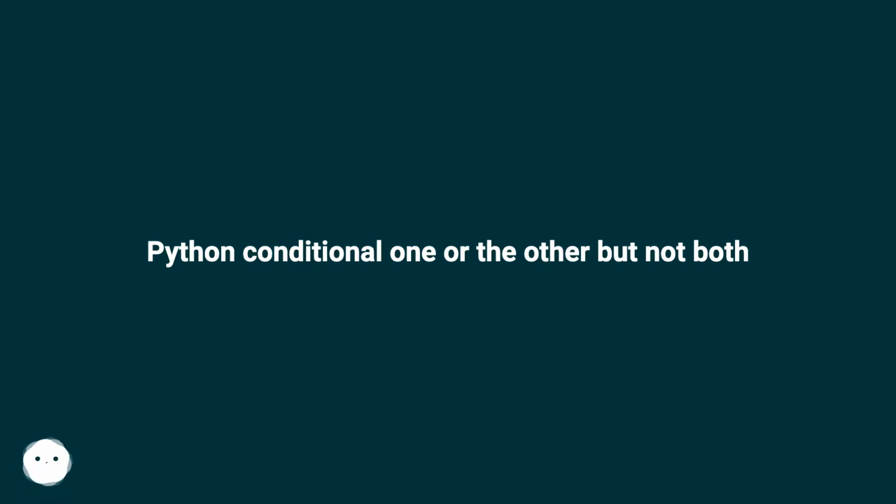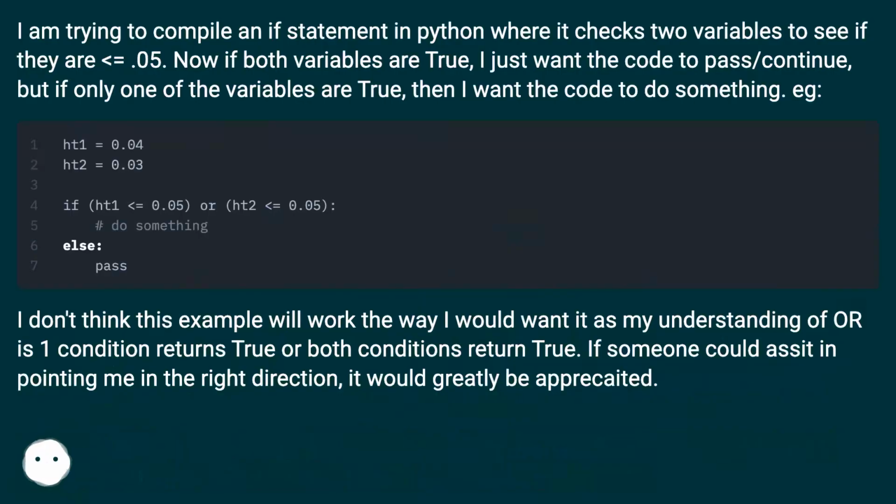Python conditional: one or the other, but not both. I am trying to compile an if statement in Python where it checks two variables to see if they are lower than or equal to 0.05. Now if both variables are true, I just want the code to pass/continue, but if only one of the variables is true, then I want the code to do something. For example,